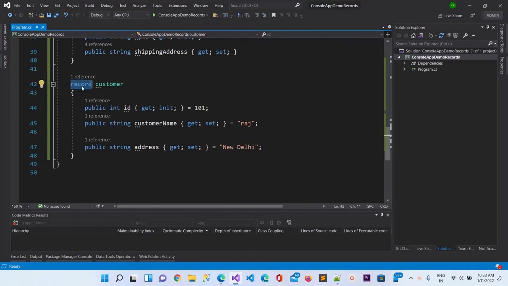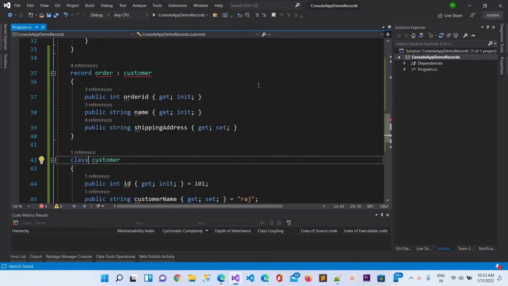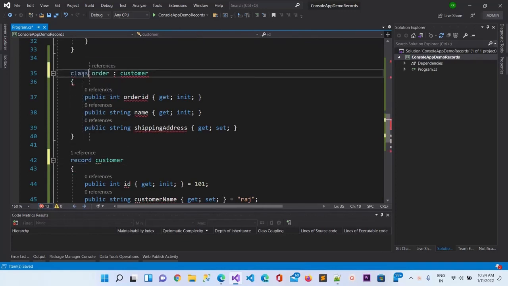But what will happen when we create or inherit a class? Now I have converted it into a class, and you can see here that records may only inherit from another record. That means a record cannot inherit a class. Let me check one more thing, whether a class can inherit the record or not.